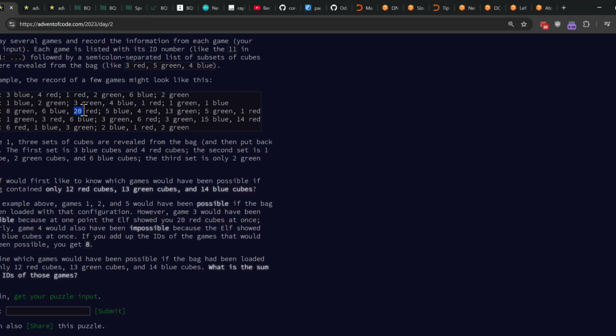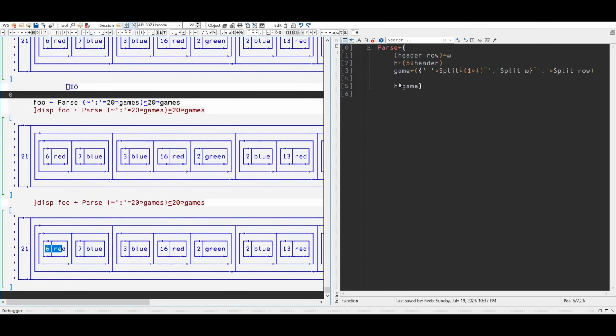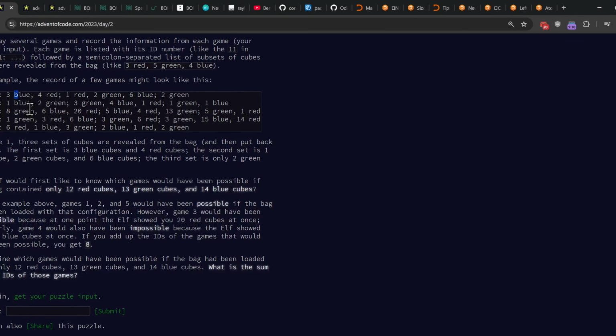It's all accumulated. So I just need the max of all the colors across all the games. All the hands. So are they sorted? Is it blue, red, green, blue, red? Like, is it always blue, red, green, blue, green, blue? Actually, I don't know if that'll help me.